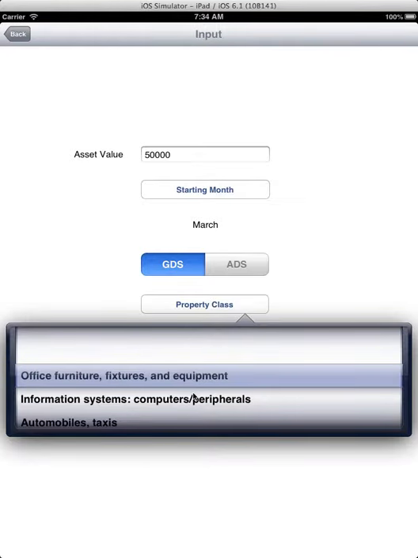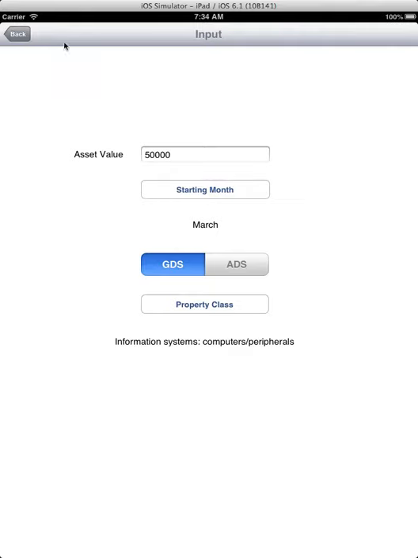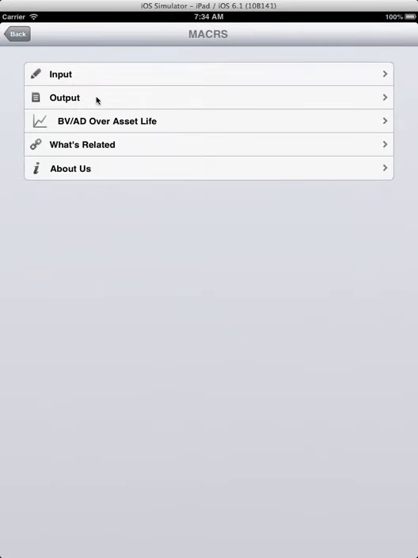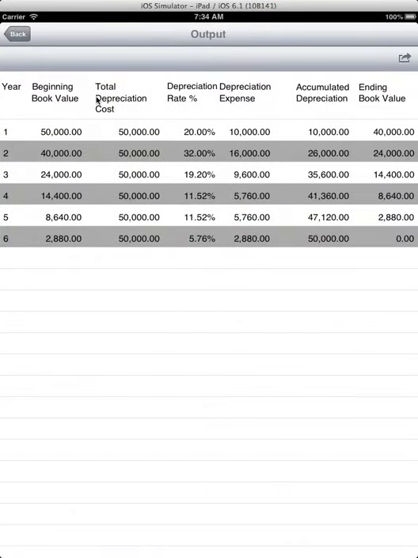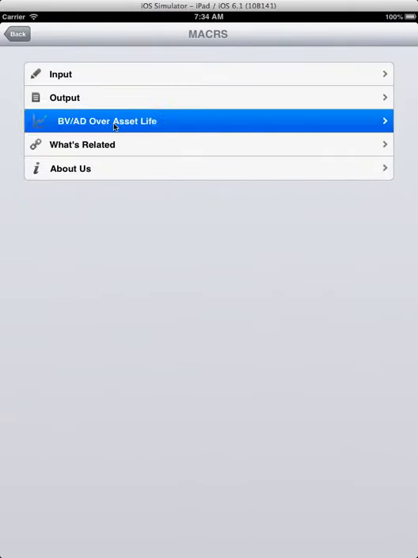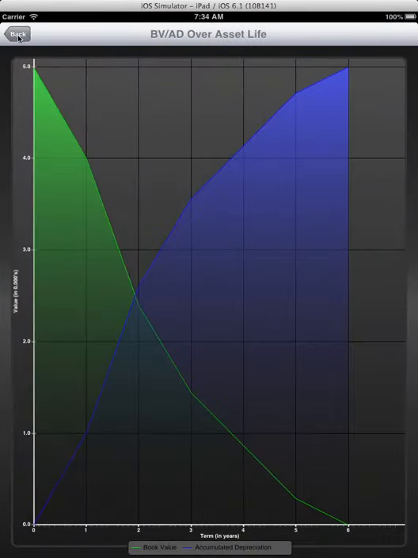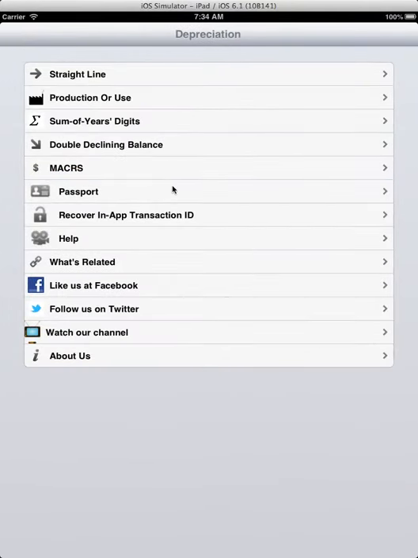We also select the property class. Once you are done, it calculates the asset life, and here is the depreciation schedule, and this is the graph. Okay, so this essentially covers all the depreciation methods, including the IRS method, the MACRS, modified accelerated cost recovery system,